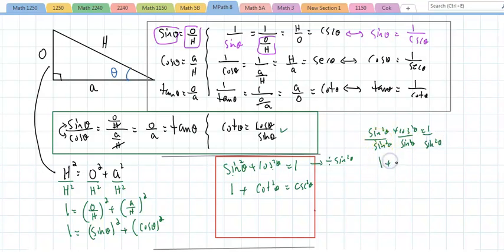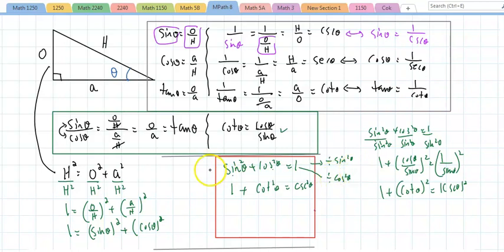That's 1 plus the cosine of theta over sine of theta squared equals 1 over the sine of theta squared. Cosine over sine is the cotangent of theta squared, and 1 over sine is the cosecant of theta squared. If I go back to this and I divide by cosine squared of theta,